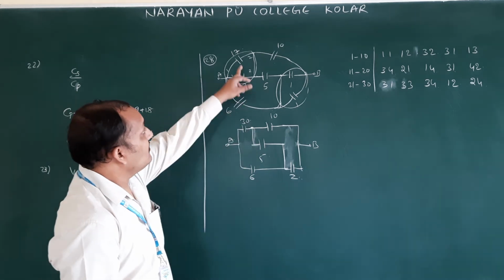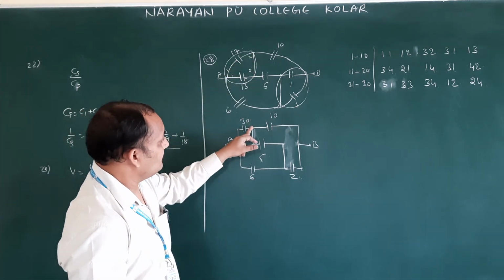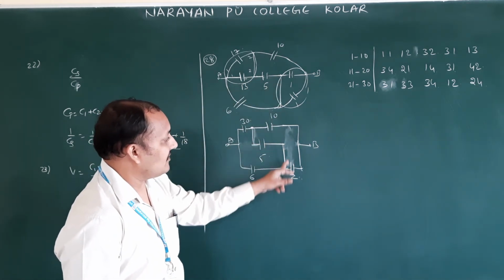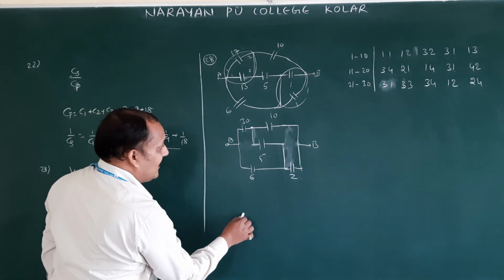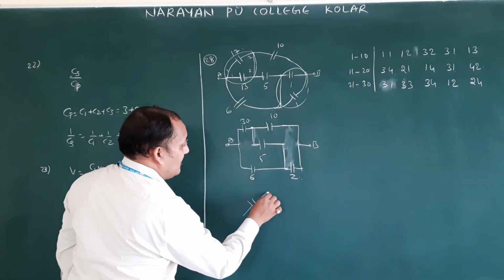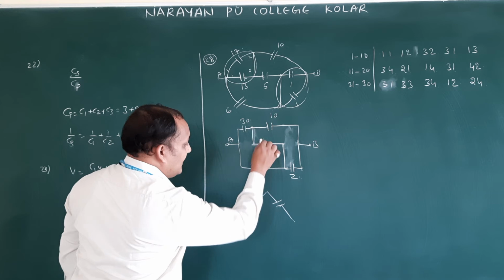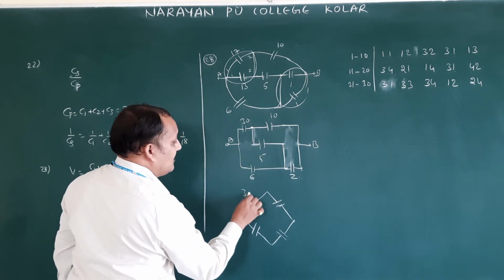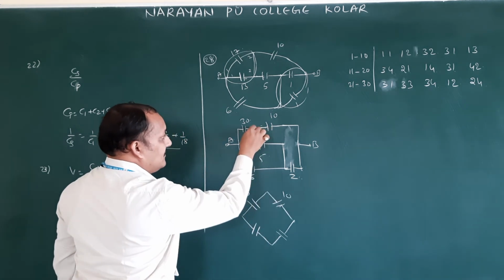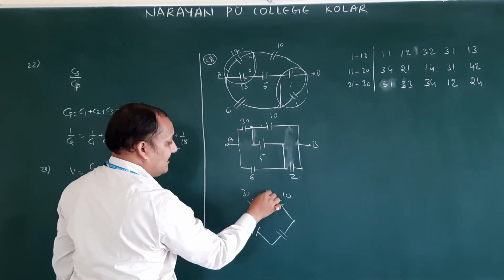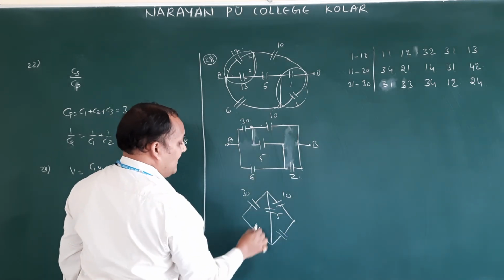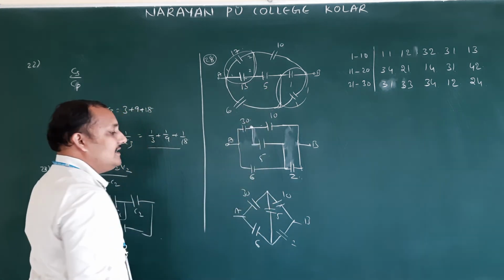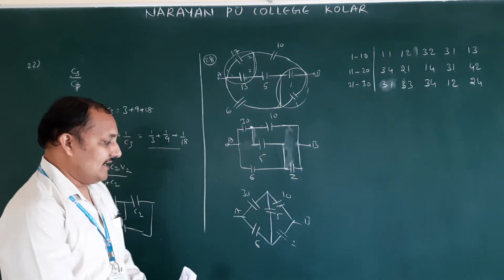Next, from here 5 is coming, and where is it going? It is going to 6. Therefore this line. So we can only draw it like this. You can't understand if it is like this, therefore we are drawing in the form of a distance, 30, 10. In between these two points, in between 30 and 10, is this point, where the 5 is. This is 6, 2, A, B. Finally it will be coming like this.